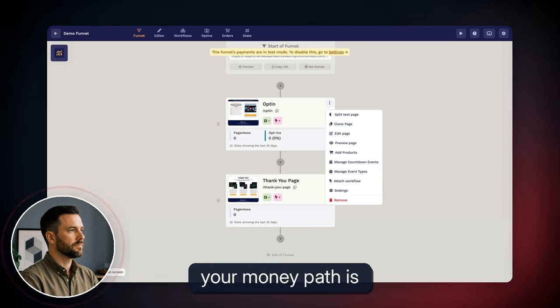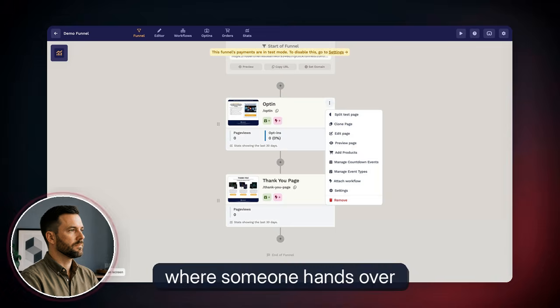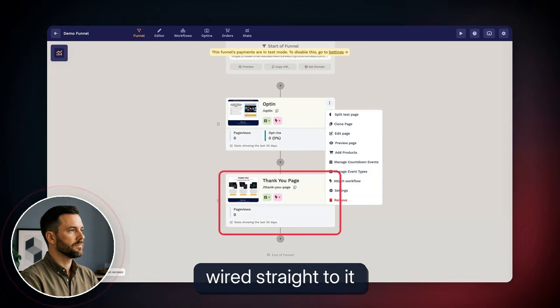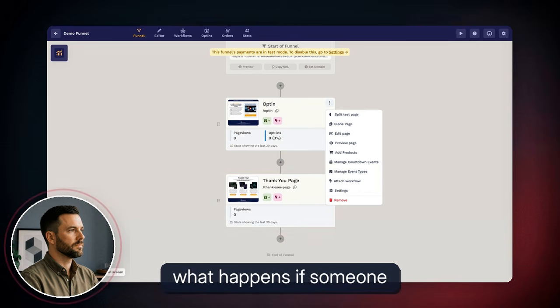Every step in your money path is a node sitting on one screen. The opt-in page where someone hands over their email, then the thank you page, wired straight to it as the next step. Watch how the steps connect, left to right. You're seeing the entire flow at a single glance. Where traffic lands, where it goes next, where the cart fires, what happens if someone buys, and what happens if